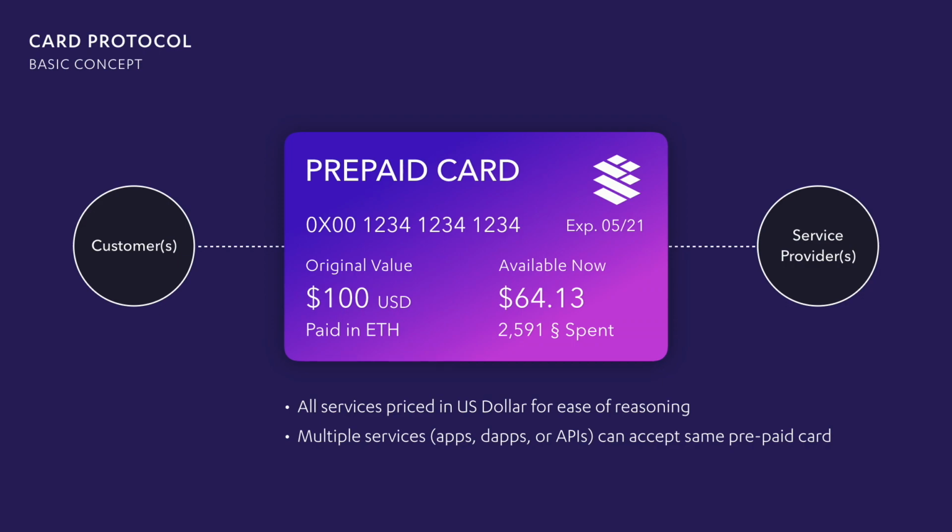And this idea that multiple servers, whether that's a traditional app charging you $5 a month for a subscription, a dApp charging you a fee when you do something, or an API saying for every 1,000 API calls it's going to be 10 cents or $1 or 50 cents, whatever it might be, can then say, when you have this prepaid card and we establish an agreement, I'll just deduct from it. So this prepaid card is not just like a gift card for an electronic store that you can only spend there. It's more like a Visa gift card, where anybody who accepts Visa will accept that. That's a broader network than just saying, hey, I have purchased this particular credit for this airline. It's more like something that has fungibility across the alliance network, closer to Visa than a credit card point.